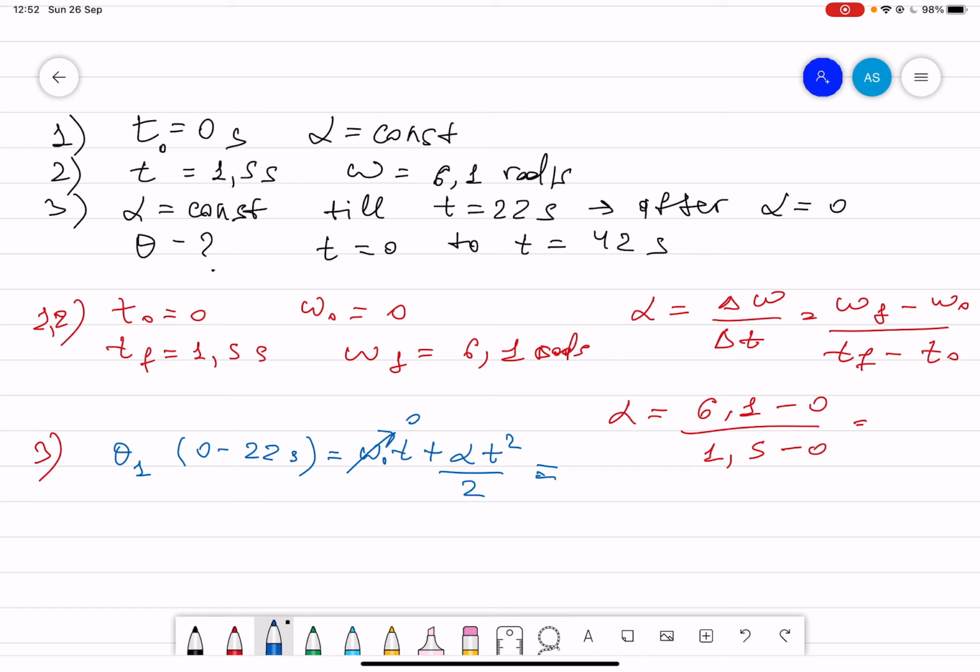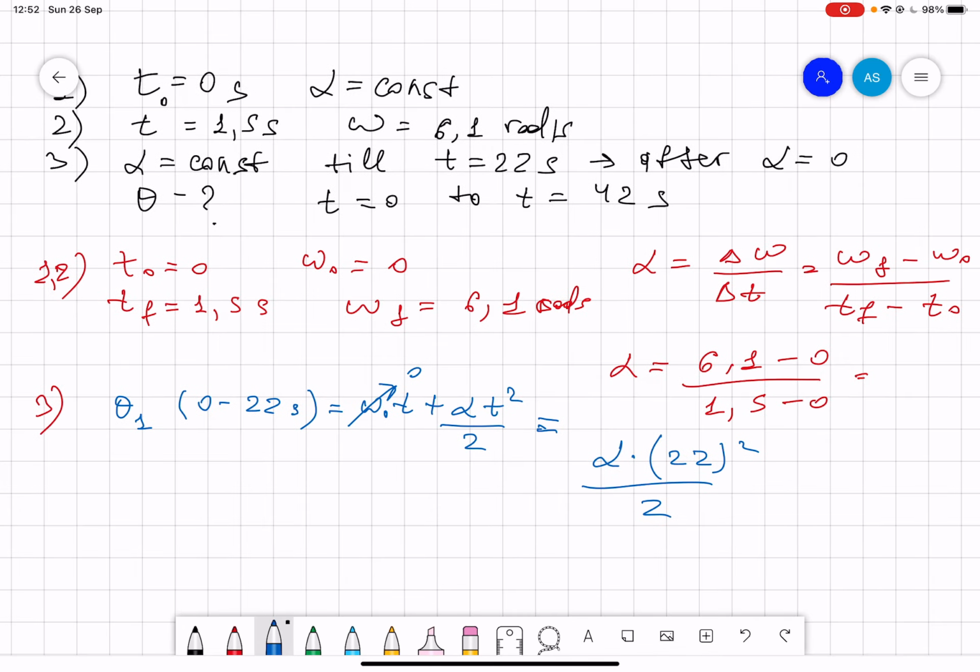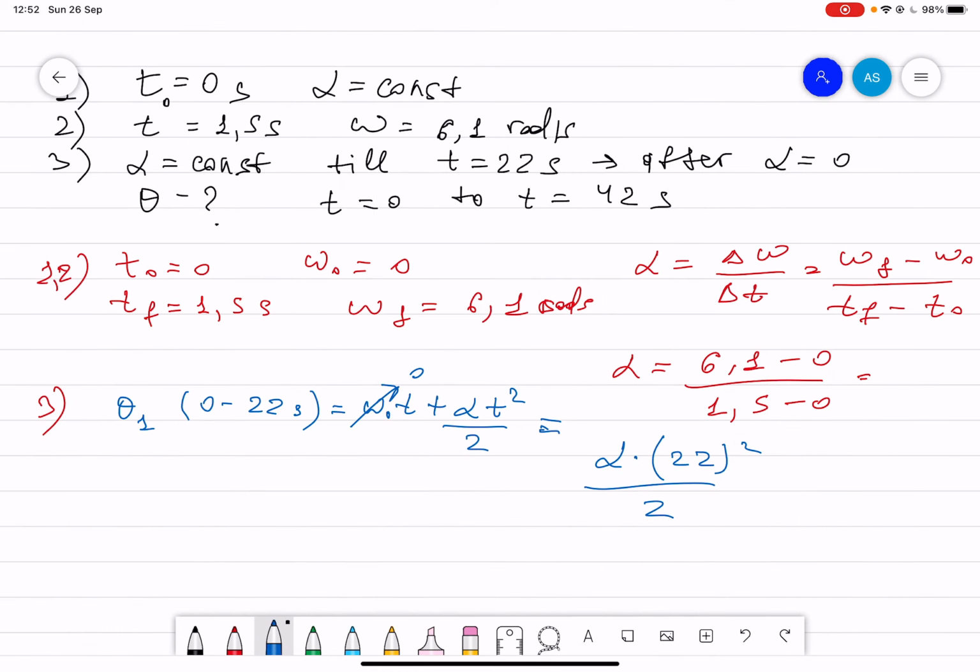If you plug in the numbers, of course you have to calculate alpha. So it is alpha times, in our case, 22 seconds squared divided by 2. Right now I don't have a calculator, so you have to do the calculation yourself. And so in part 3 we found theta 1, okay? Of course, in part 4,